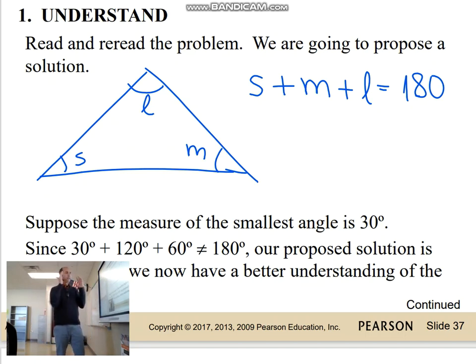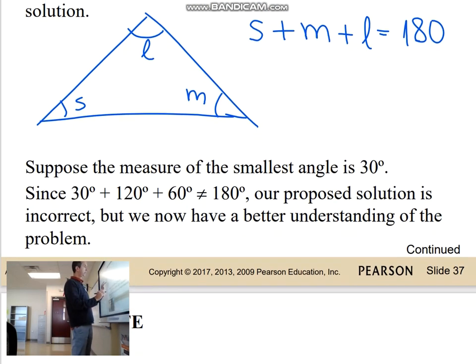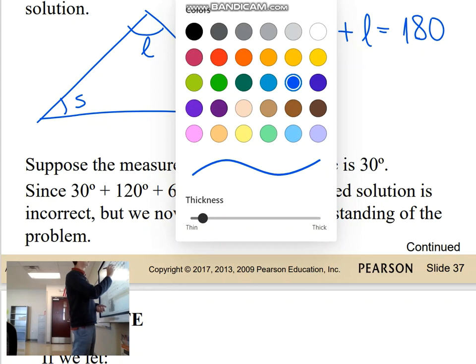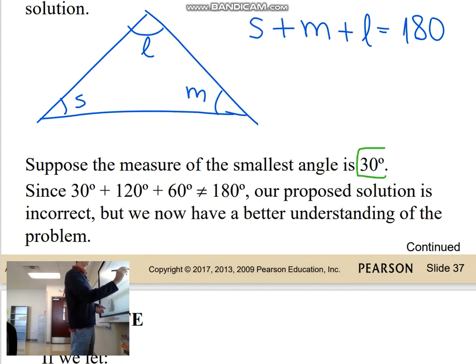Well, if you're still not sure, you can try to guess a number and see what happens. That's what's being suggested here. You guess that the smallest angle is 30 degrees. Okay, if it's 30 degrees, then we have